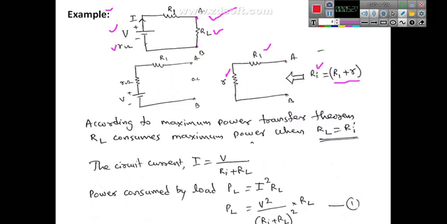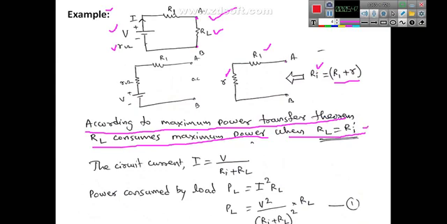Once we determine the internal resistance, according to the maximum power transfer theorem, RL consumes maximum power when RL is equal to Ri. You don't know the value of the resistance, so you need to first find RL. So RL is equal to Ri as per the theorem statement. Then once you consider RL equal to Ri, what is the current in this given network? The current in the given network is I. Because there is only one source, the same current flows in all the resistors, that is R1 as well as RL, and also the internal resistance.